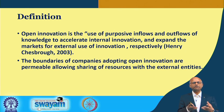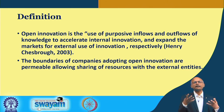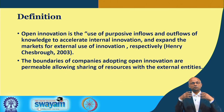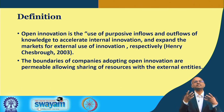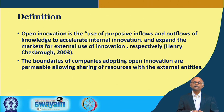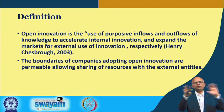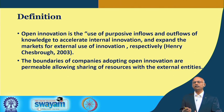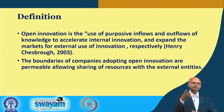For decades IBM filed patents and kept them on the shelf. So did Xerox. They invented many things and kept them on the shelf. What happened in the process is the world did not have access to this available knowledge. So, people of IBM also were deprived of the things that would have been possible if the outside world had applied this knowledge. Like Xerox, they invented the mouse, they invented the user interface, they invented many more things and